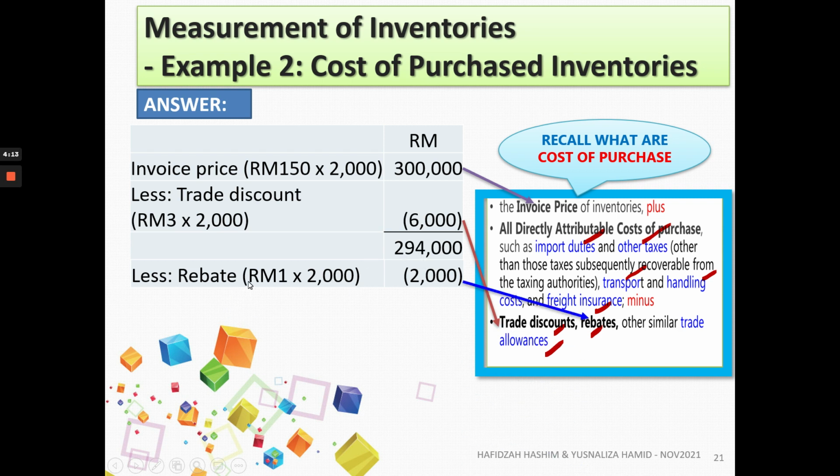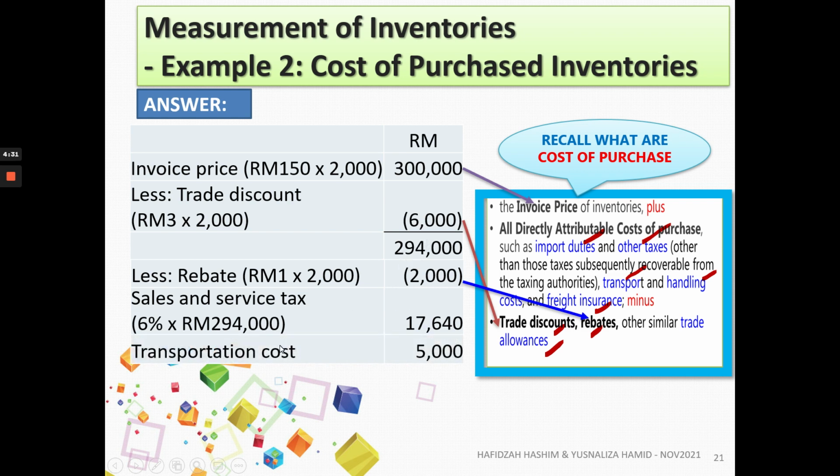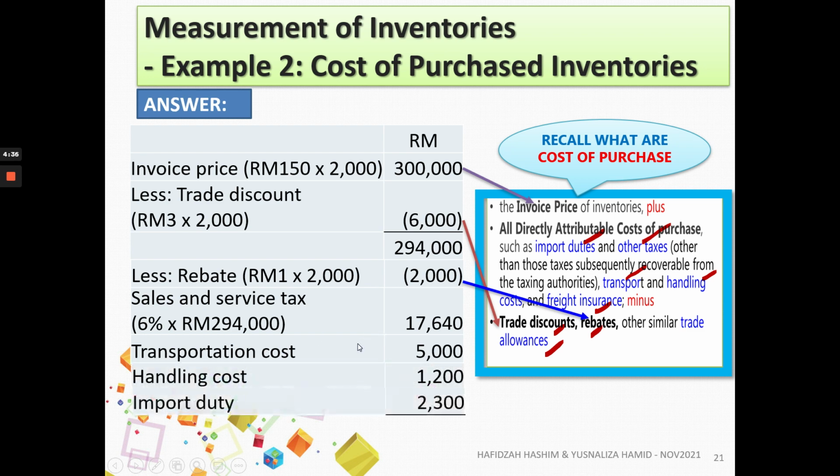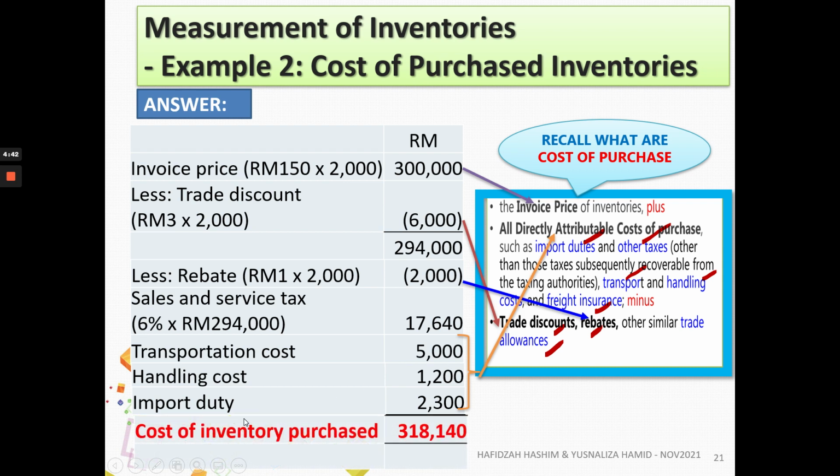Remember that it is only applicable for 1,500 units and above. Sales and service tax should be on the net invoice amount, and 6% is the sales and service tax, so it should be included in the cost of inventory. Transportation costs, handling costs and import duties, as we decided earlier, are all directly attributable costs. Therefore, the cost of inventory purchased here is